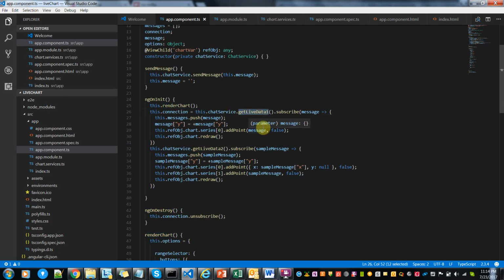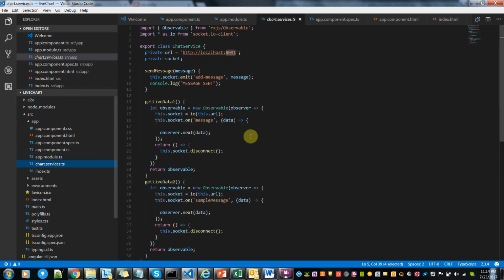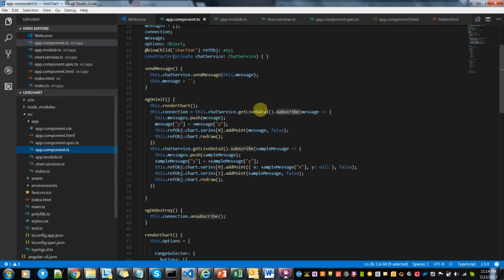the get live data 1 and live data 2 methods from my Angular service. Here I'm subscribing, which means, as I already defined that as an observable, I'm just subscribing to that method from my component.